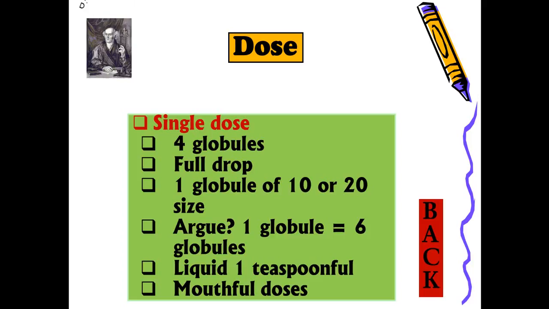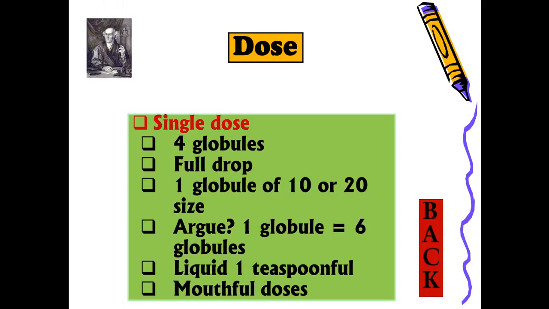Now people argue, as I have said, one globule is equal to 6 globules. And in 50 millesimal potency, 1 teaspoonful is a dose, and there is a difference of mouthful dose. That is, instead of 1 teaspoon, when you want greater action, you ask the patient to take 1 mouthful dose, which is equal to about 1 ounce. All these are important,